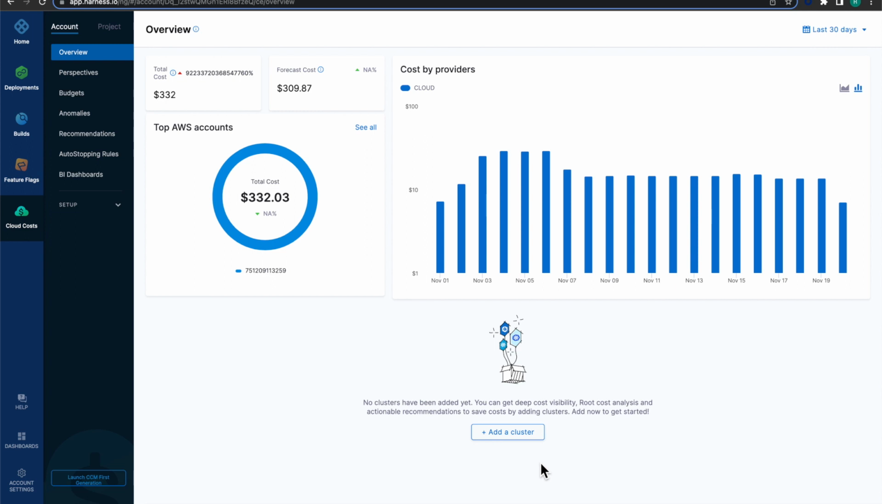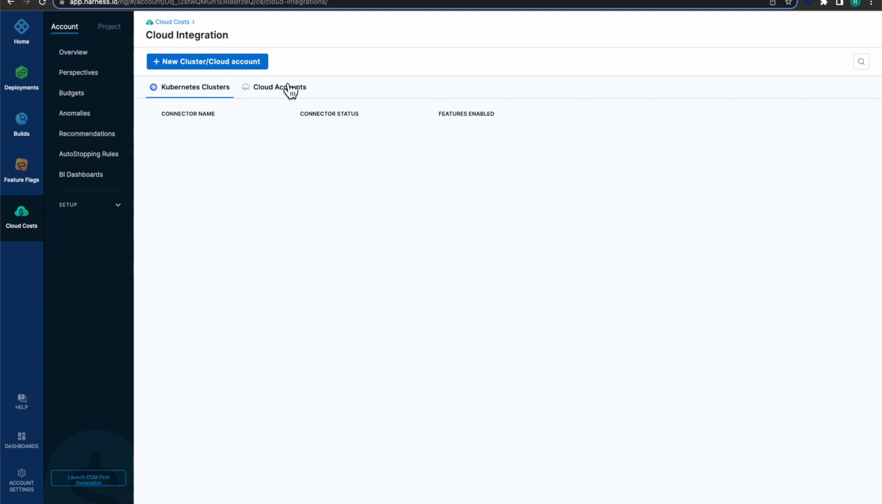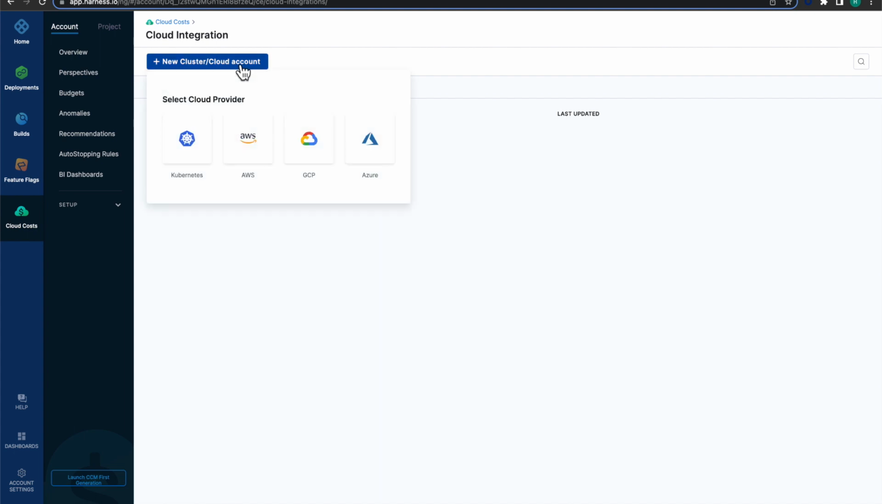Now let's look at how you can set up an AWS Cloud Cost Connector. For this, hover over Setup, click on Cloud Integration, move to Cloud Accounts. You can see there are no connectors as of now. Click on New Cloud Account, click on AWS,